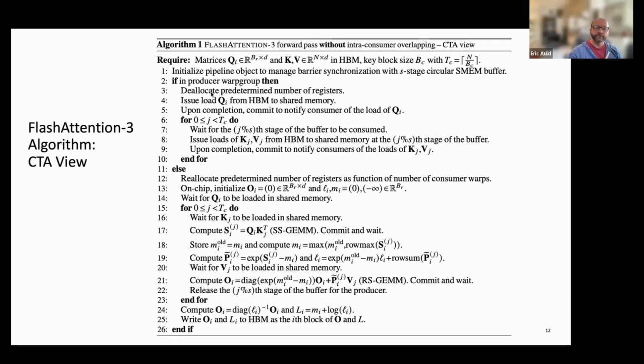Oh, I see. Okay, that's something I should think more about. So that's why we say if in the producer warp group. So really, for the BF16 kernel at least, once you're in the producer warp group, if you're in the last 3 producer warps, you just return after doing the reallocation. Oh, right. And deallocation, if I understand correctly, is saying I don't need these, somebody else use them. Yes, you free them up and then you reallocate them to the consumer. So otherwise they would be equally split.